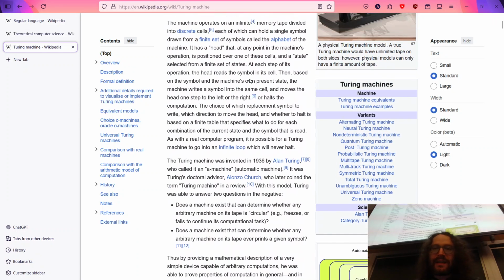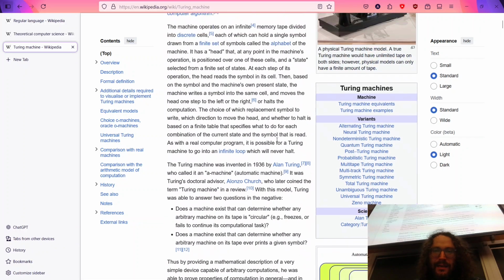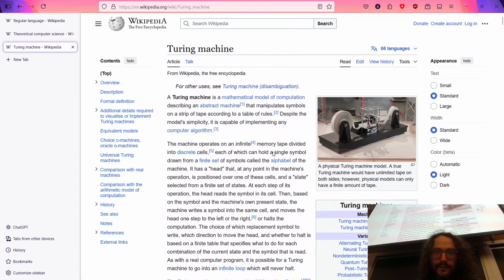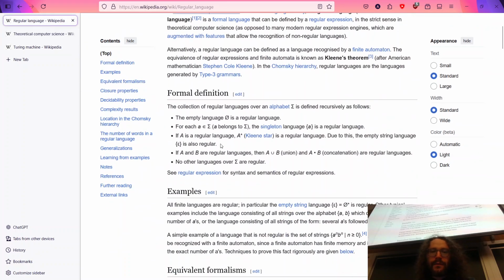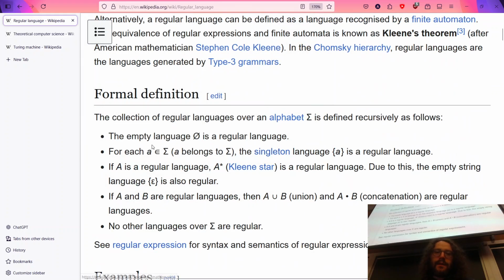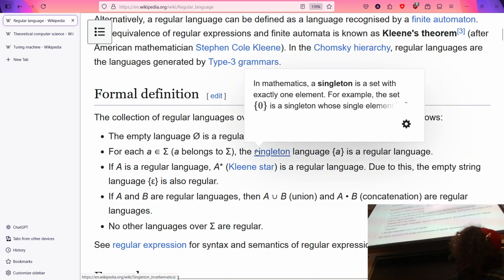Now, this all gets to very complex kind of stuff. For instance, a regular language, right? We can say the empty language null set is a regular language, for each A in sigma, A belongs to sigma. Look at this nonsense, right? See, here's the thing.